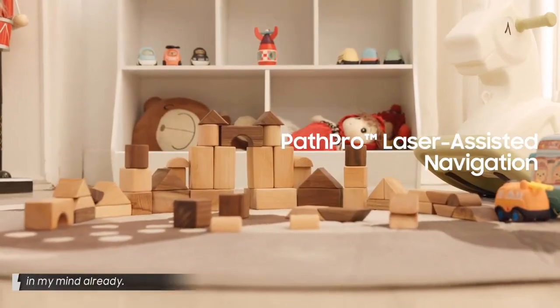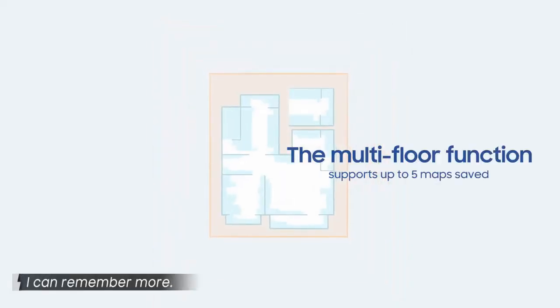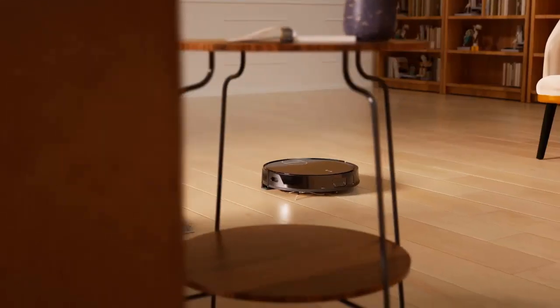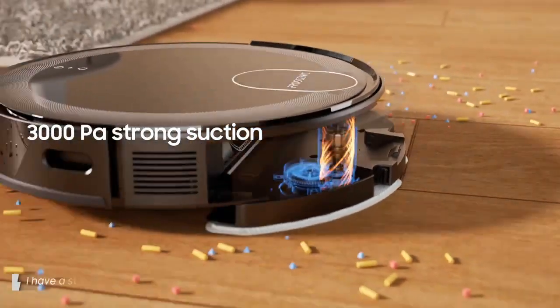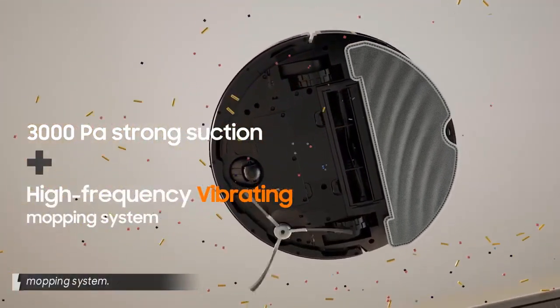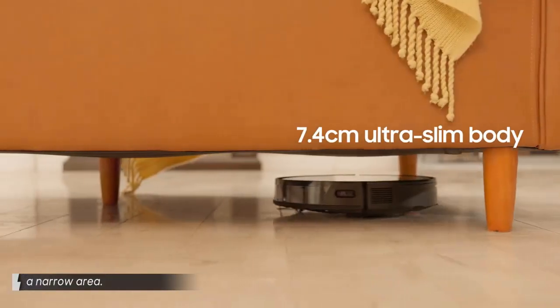Following this, the X1 went off to map for the first time and showed off a key advantage it has over some of the competition: its LiDAR sensor. The same sensors sported on 3D scanners, newer iPhones and more. It allows for the creation of a more complex 3D map of its surroundings, meaning, theoretically at least, better navigation overall. In our rice tests, the X1 proved about average, collecting 92% of the spill from hard floor and 82%